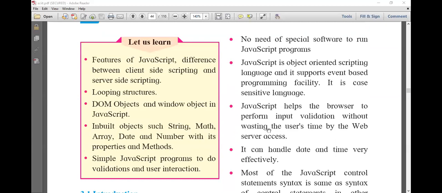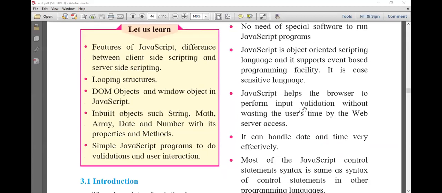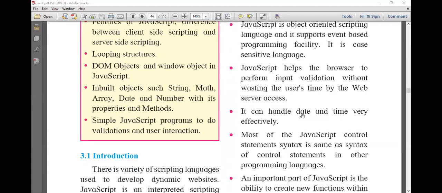Next point. Yes, Chaitrali, date and time. Yes, Tanvi, date and time, right? Yes, Rutik. Handle date and time. Ratan is saying date and time. Good. Yes, Yogesh. We can handle date and time in JavaScript. So this is the feature of JavaScript. We cannot handle date and time in HTML, but in JavaScript it is possible. Good, Samiksha. Now next feature after date and time,